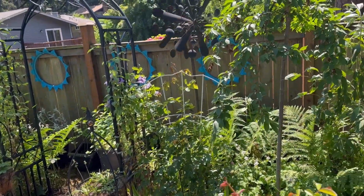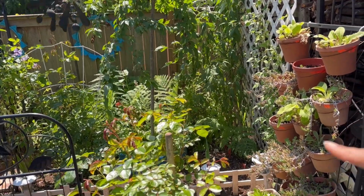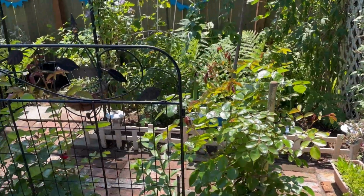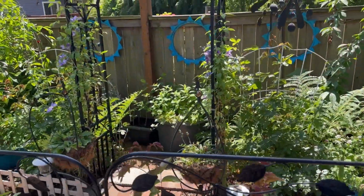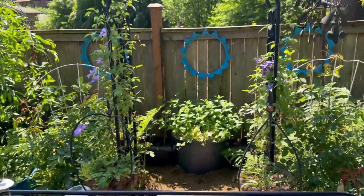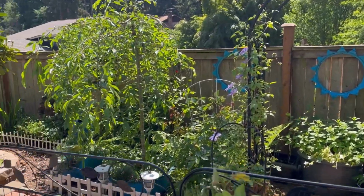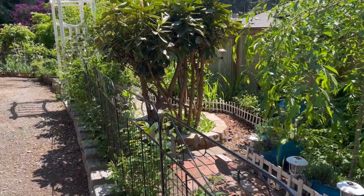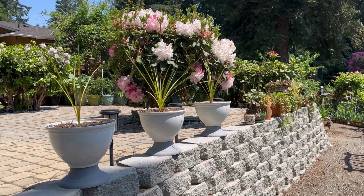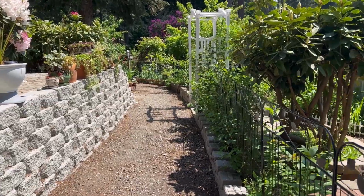I have all the clematis, the cherry plum over here. I have clematis on this side. This is all my DIY planters that I put some ice plant and primroses. And there is my hydrangea in the pot. This is the nice trellis for the clematis. Then there's more rhodies, and that's the beautiful rhodie on the top of my garden. So towards here,